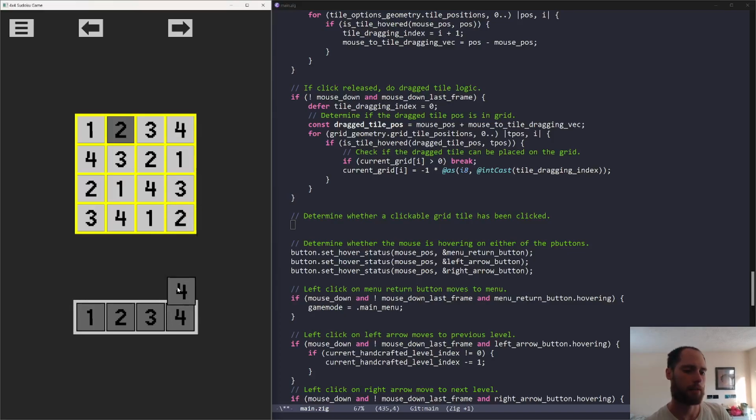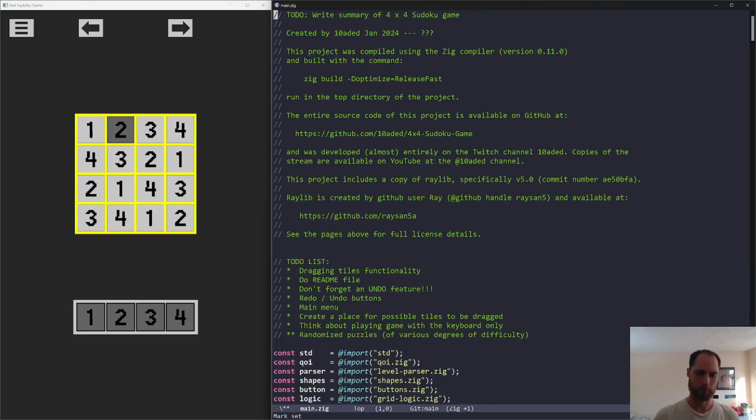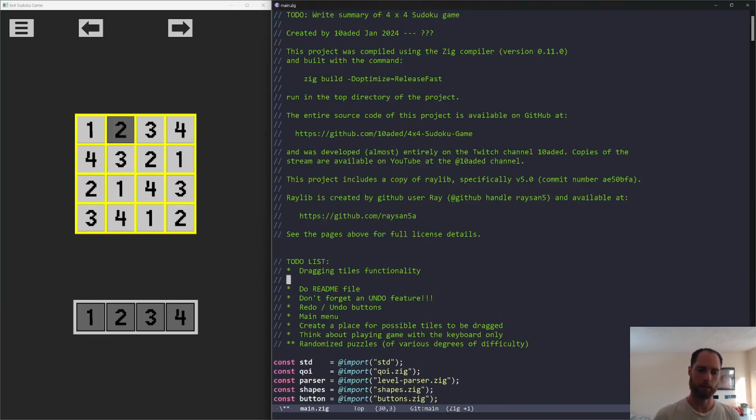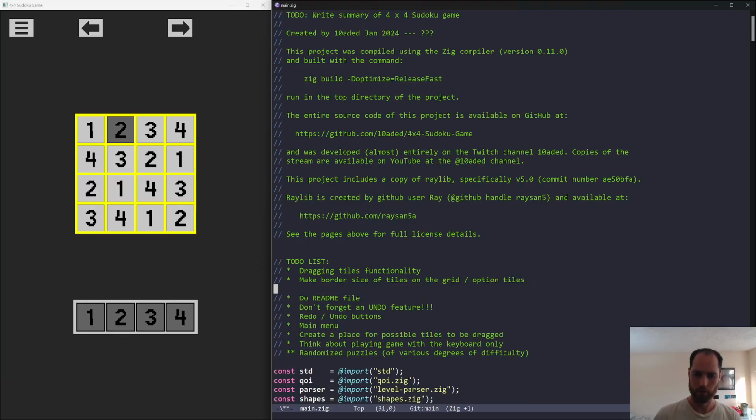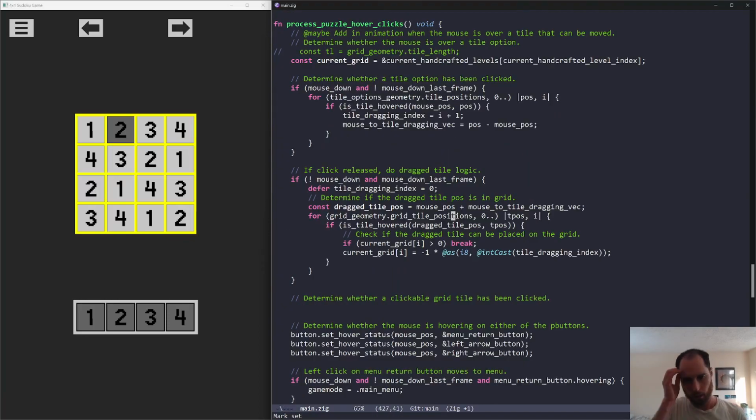Looking at this now, I kind of don't like that the size of the border of this tile is different than the size of the borders here. Something to worry about later. We'll just add this here: make border size of tiles on the grid slash option tiles have a consistent border on it. Okay, and then